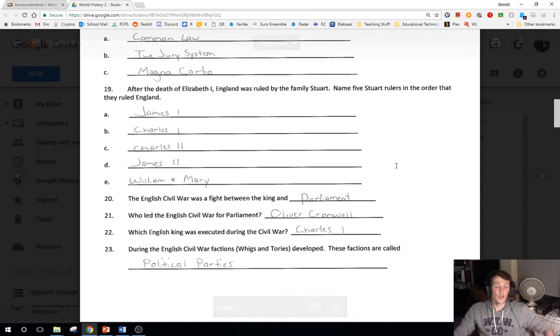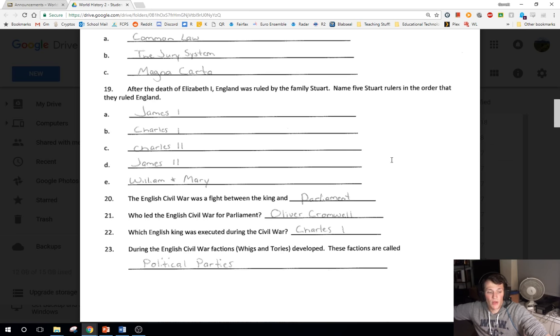Okay, and we talked about an English Civil War, right? The English Civil War is going to be between King Charles I and Parliament, right? And there are going to be some major differences there, and obviously differing opinions. You're going to have Charles I trying to take more and more power from Parliament, which is basically the nobles at this point, and Parliament doesn't agree, right? We've talked about this in quite a bit of detail in class, and what's going to happen is Parliament is going to gather its own army, and you're going to have people loyal to the king,